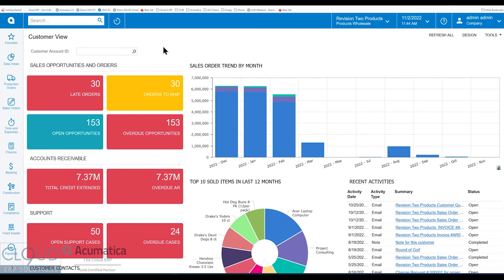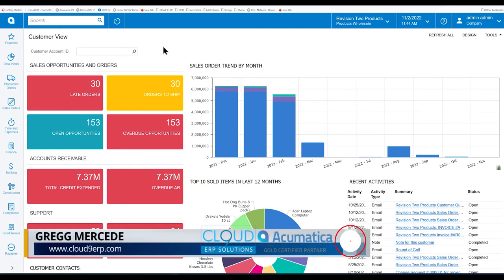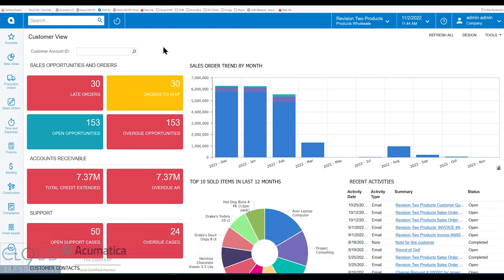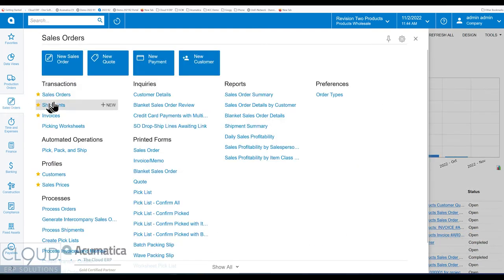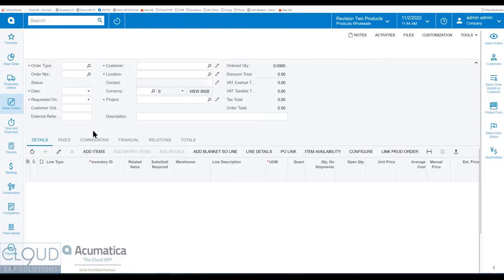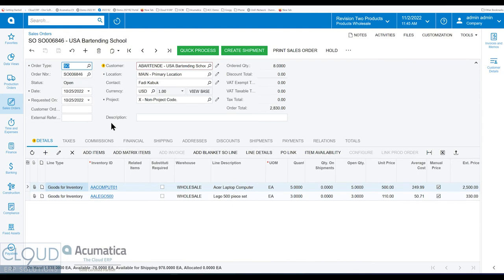So to determine how to build a report like this, the first thing we need to know is, where is the data coming from? Where do we put the data in? Or where is the data at least visible? So when we take a look at sales orders, for example, and we open one up, this is not a complex sales order, but when we're looking at this, we can see in the details section, we have the item, we have the quantity that's sold on this order, we have the price, we have the cost,